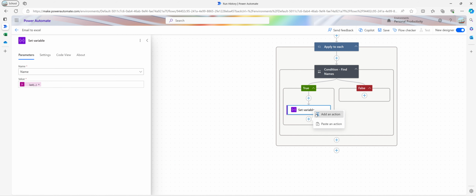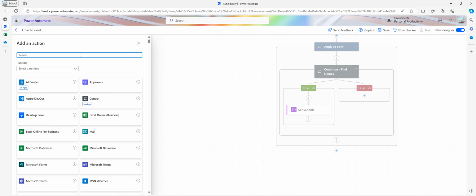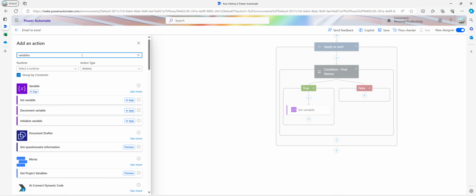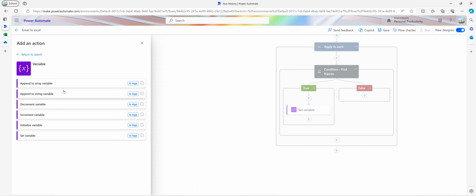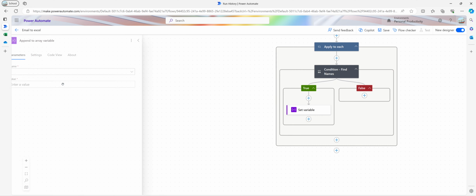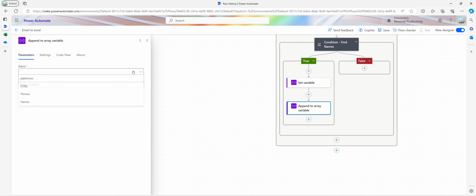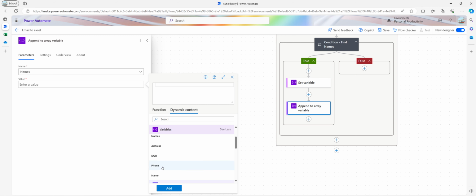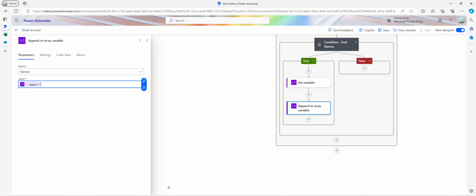But we're also trying to grab all the names. Let's go back to variable again. For that, we need a different kind of variable, append to array variable. And here we grab the names. Since we already set the variable for name up there, I'm just going to grab that variable, which is the name variable, and put it in here. So every time we run this,